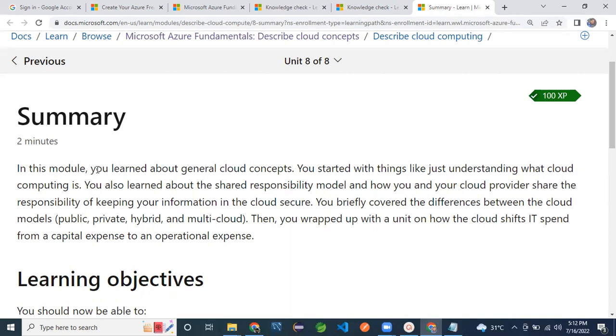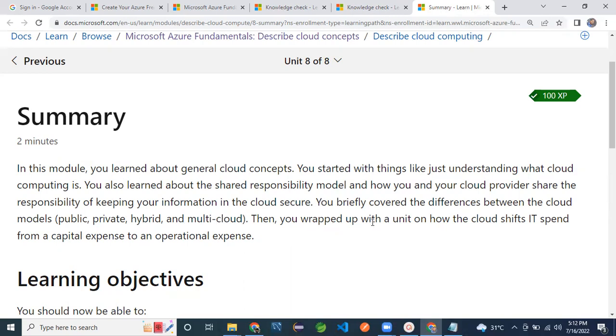So here it is telling that in this module you learned about general cloud concepts. You started with understanding what cloud computing is, and you also learned about the shared responsibility model, and how you and your cloud providers share the responsibilities of keeping your information in the cloud secure. You briefly covered the differences between the cloud models: public, private, hybrid, and multi-cloud.